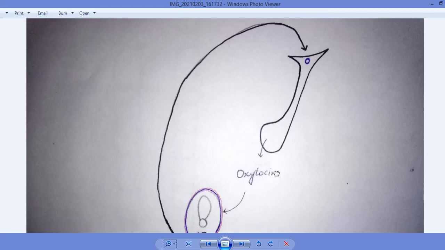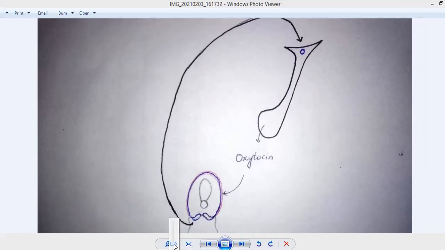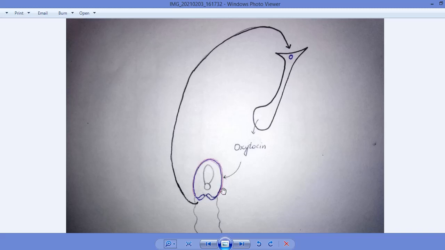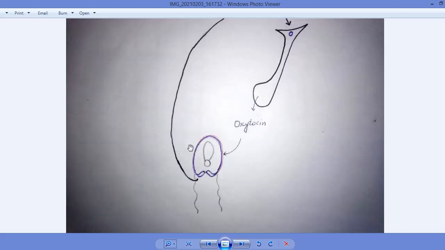When the oxytocin is released into the blood, what happens? That oxytocin reaches the myometrium, and it combines with the oxytocin receptor in the myometrium. It increases the calcium concentration inside the muscle cells of the myometrium, and when the calcium concentration is increased, the contraction of the myometrium takes place. When the myometrium contracts, the fetus applies pressure on the cervix, it opens,